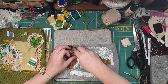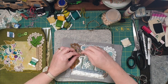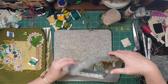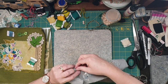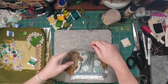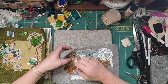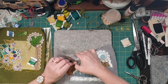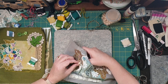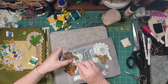There we go. Goes around that. So something that's similar colour to that, sort of like a creamy white. Okay, that one should be held down okay. I think I'm going to have one that sticks up like that. So we'll have one coming up like that,